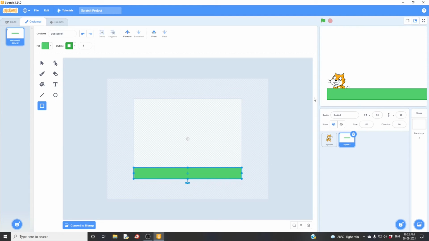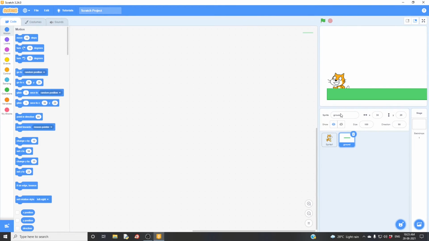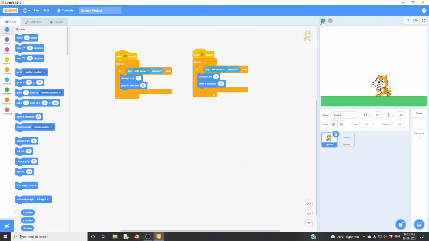Okay, let me name this as ground. Okay, let's go for code. Here I got a ground, place it here and place my sprite above it. So now let us check this.